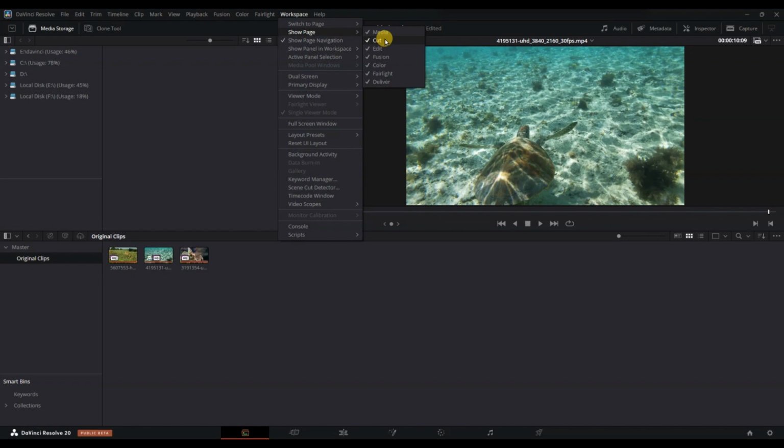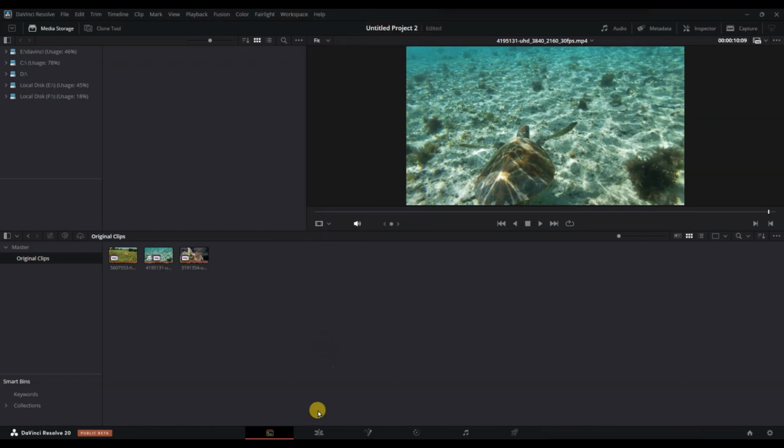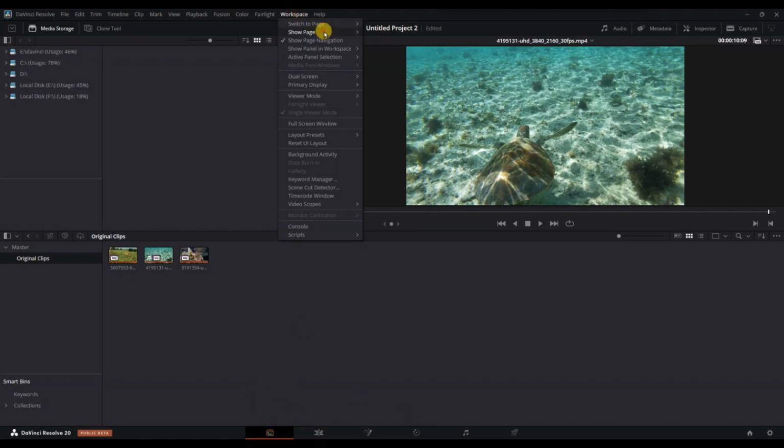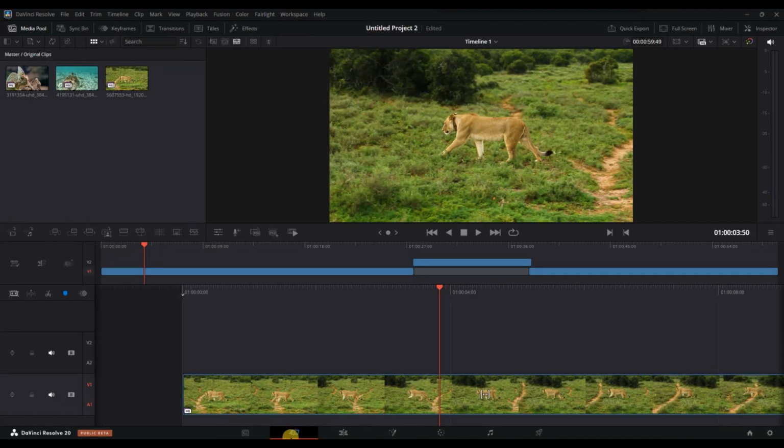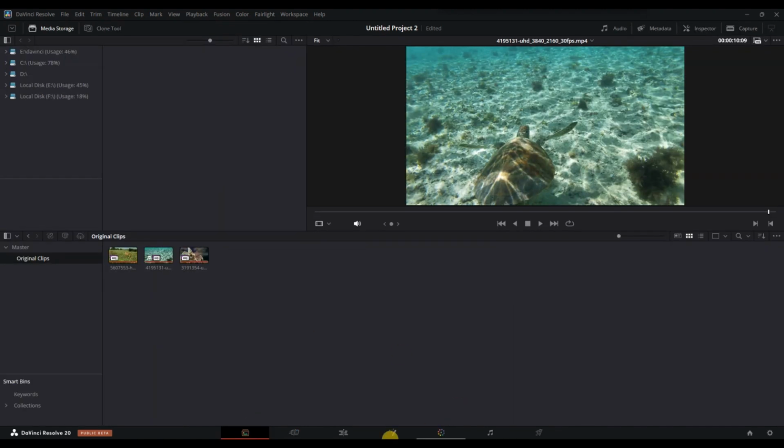To disable the cut page, simply uncheck Cut from this list. The cut page will immediately disappear from the bottom navigation bar. If you want to enable it again later, go back to Workspace, hover over Show Page, and check the cut option. This method is very quick and efficient, and it does not require restarting DaVinci Resolve or changing any advanced